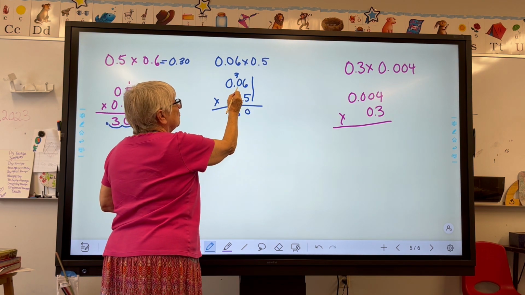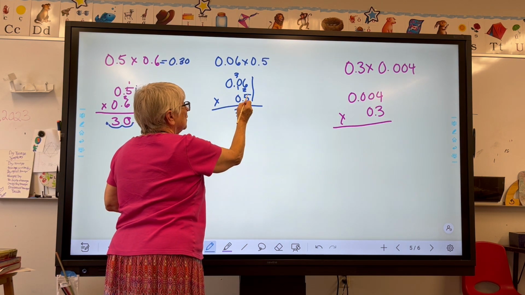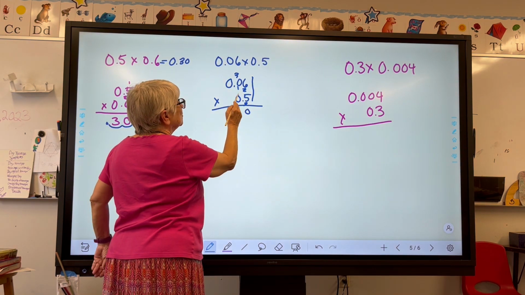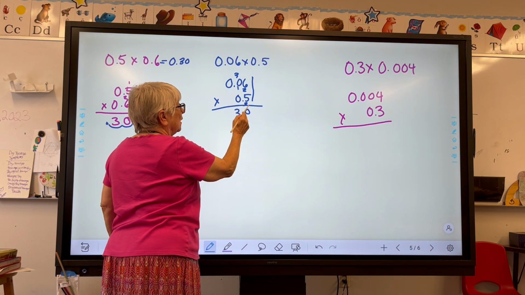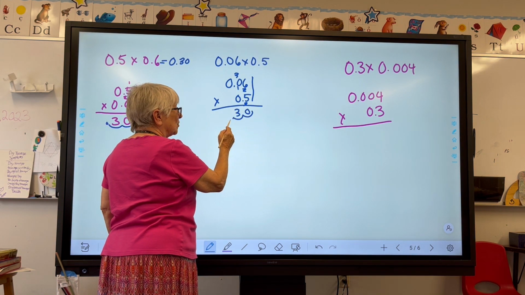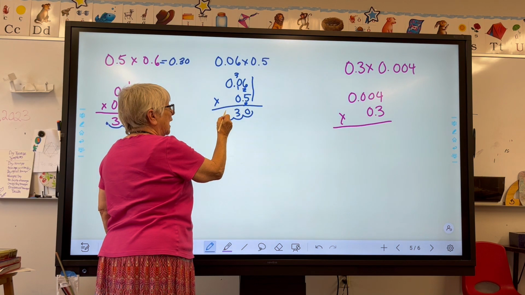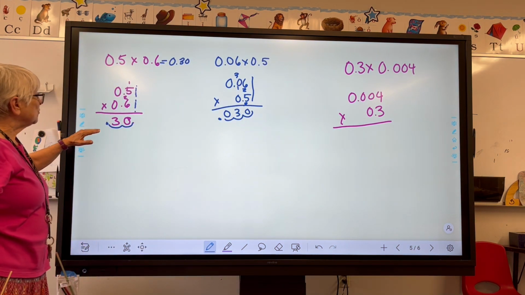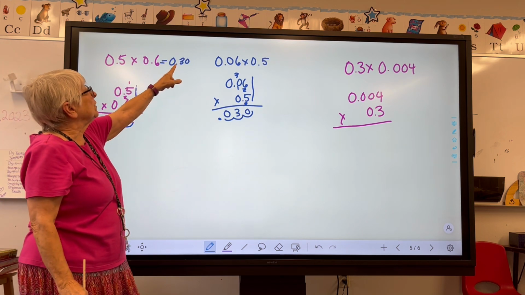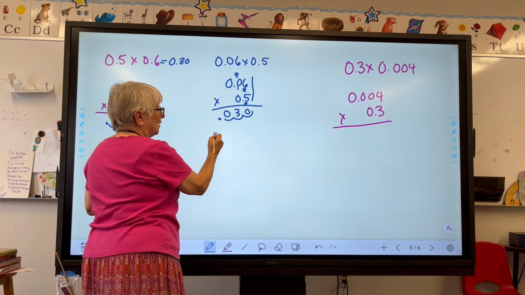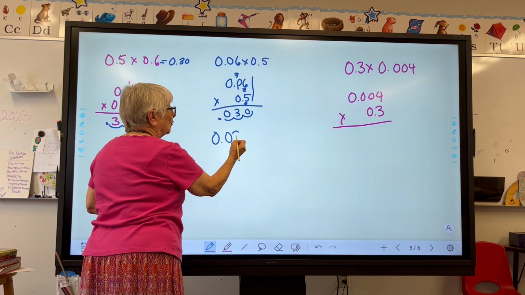But this time I have 1, 2, 3. That's a 3. 3 numbers, 1, 2, 3. So I have to move it back 1, 2. Well, we ran out of numbers, but I make another loop and I fill it in with a 0. So this one turned out to be 0.30, but this one turns out to be 0.030